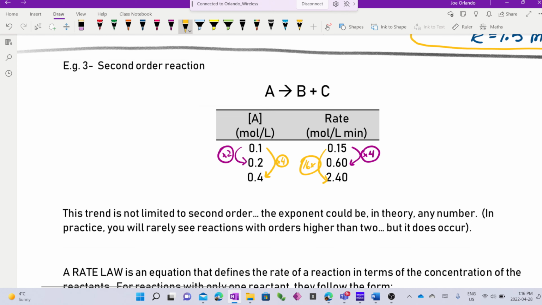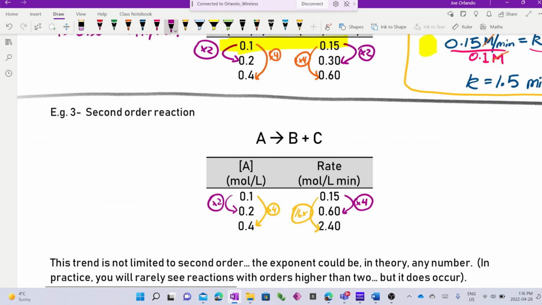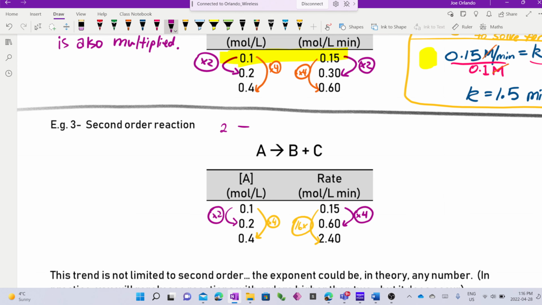So let me ask you this then. Changing one thing by 2 changes the other thing by 4. Changing one thing by 4 changes the other thing by 16. What's the relationship there? Very good, which is why we call them second order. In this case, this one would be exponential. When we multiply the rate